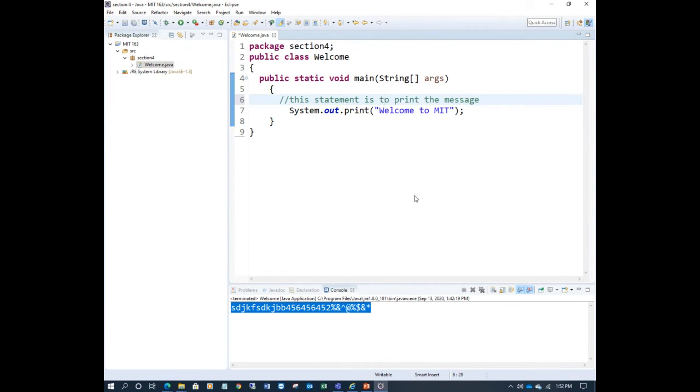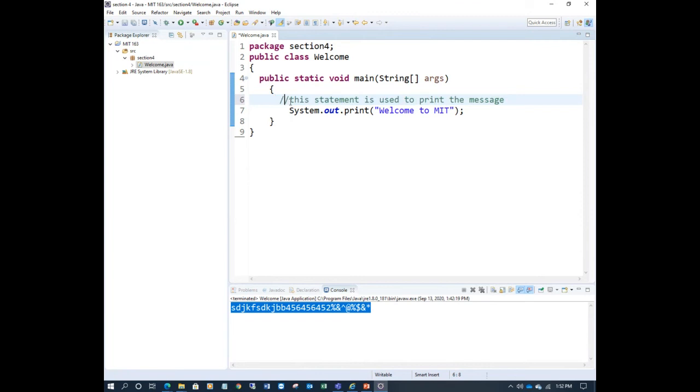Just write a description, as simple English as you can to understand. This is optional. If you remove it, it will not throw an error. It is not included in the program, I mean the compiler will not execute this line. Line number 6 is not executed by the compiler because it is a comment.